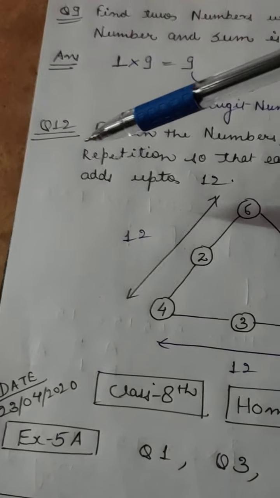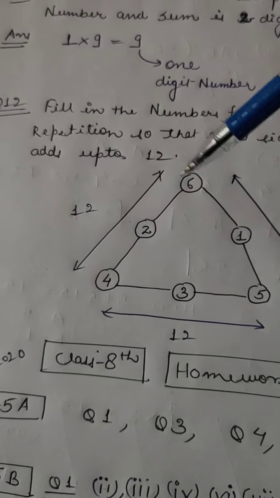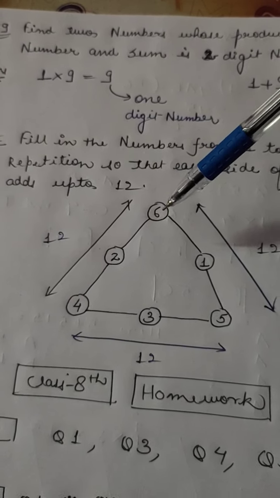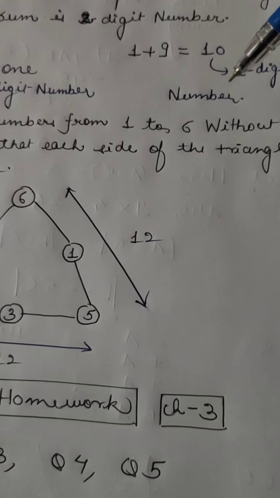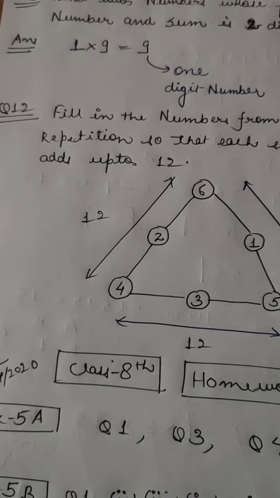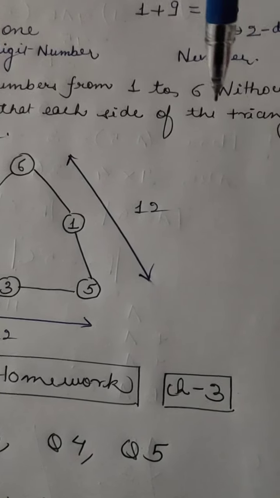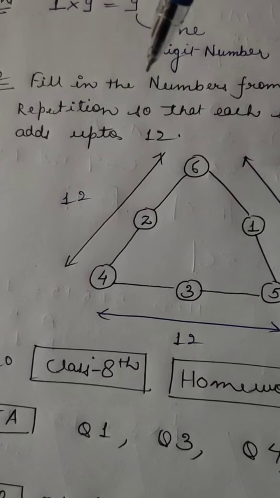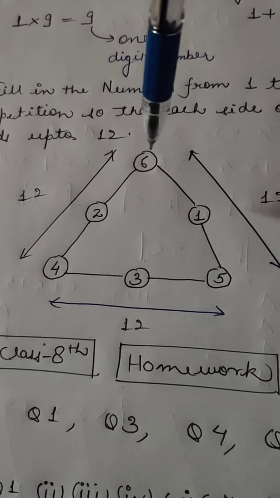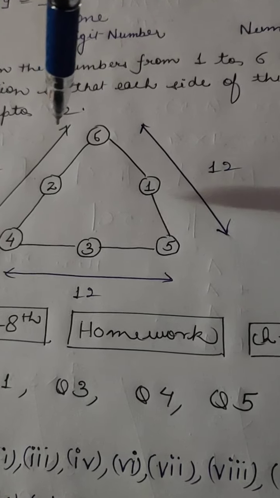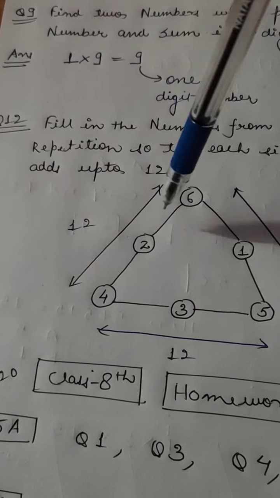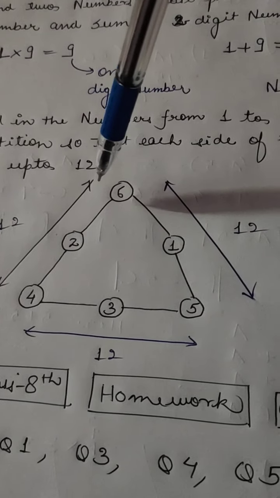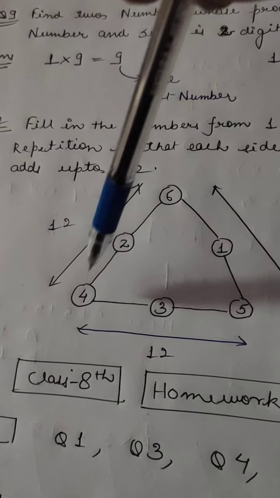क्वेश्चन नंबर 12 इज बेस्ड ऑन मैजिक स्क्वायर. ये ट्राइंगल शेप में आपको दे रखा है, एक फिगर दे रखी है. Fill the numbers from 1 to 6. आपको 1 से 6 के बीच में नंबर्स भरने हैं विदाउट रिपीटिशन. उसमें कोई रिपीटिशन अलाउड नहीं है. So that each side of the triangle adds up to 12, ताकि सारी साइड्स ट्राइंगल्स का जो सम होगा वो कितना होना चाहिए, 12 होना चाहिए। आपको सारे ये जो फिल इन दी ब्लैंक्स आपको दे रखे हैं इसमें इस तरह से नंबर फिलअप करने चाहिए, ताकि ऐड करें अगर उन नंबर्स को तो क्या आना चाहिए,